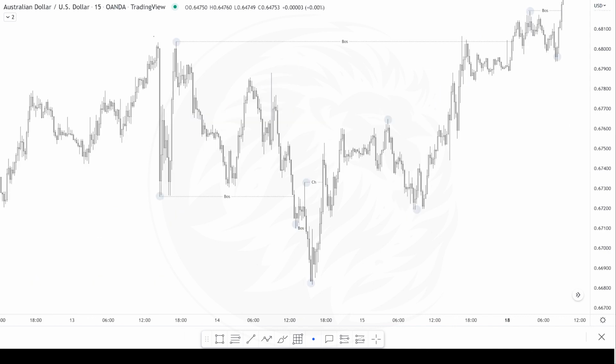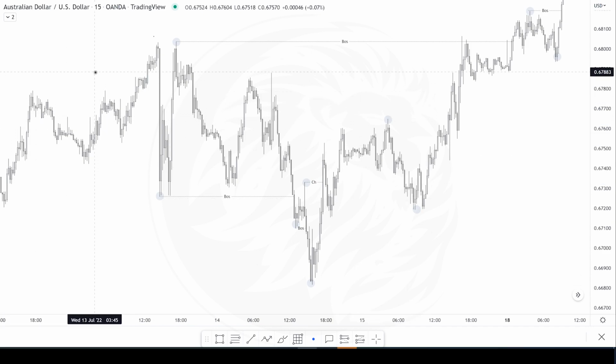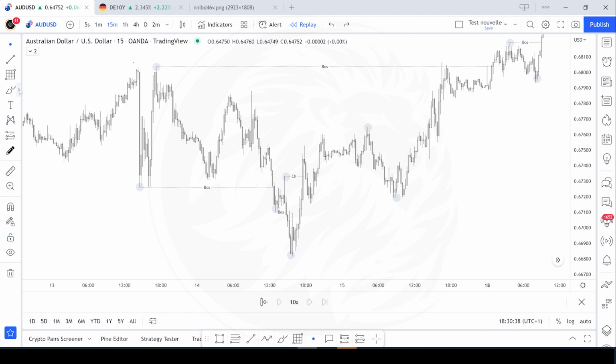Okay everyone, now I will use this chart, the same that we have here with the swing structure, and I will mark the minor and the substructure. So I will just take my tool,